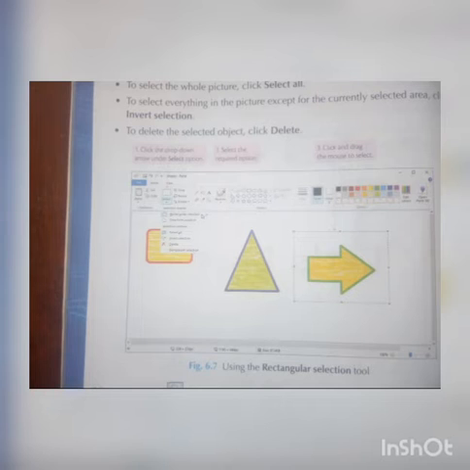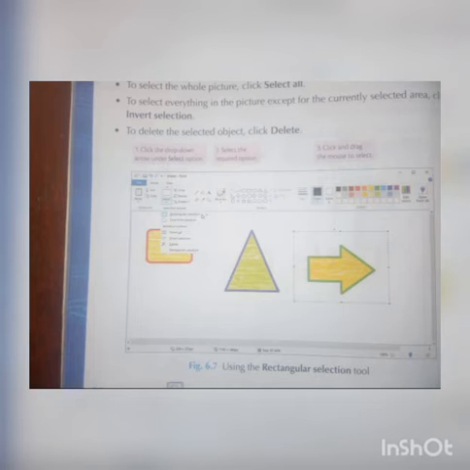So first you select the rectangular selection. Okay, the rectangular selection, in the book you can see. So select the required option, that is rectangular selection. Near this are crop, resize, rotate; you can see on select. From that you have to click. Then can you see the third picture, the arrow picture? There they have selected.